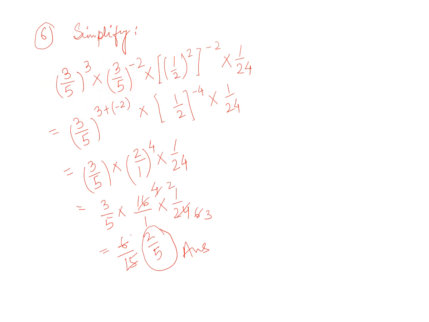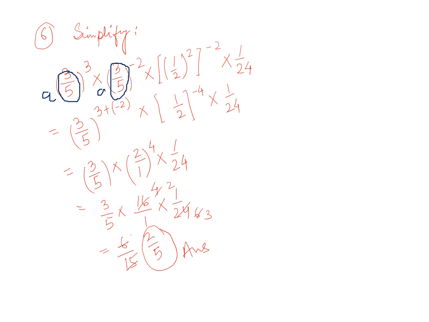This 3 by 5 can be treated as a single, let us say this 3 by 5 as a. So a to the power 3, again this 3 by 5 I am treating as a. So same bases and different powers. So different powers are getting multiplied means what? Multiplied means they will be added. Fine. So same thing I have done in the second step. 3 by 5 in the bracket, 3 plus of minus 2, because powers should be added. Now here 1 is plus, 1 is minus. So I am writing 3 by 5 to the bracket 3 plus of minus 2 into 1 by 2.